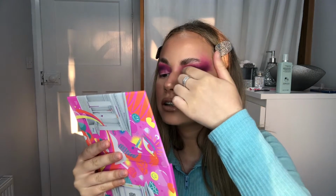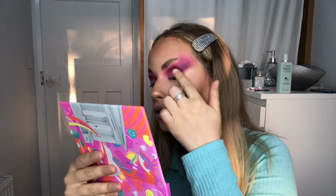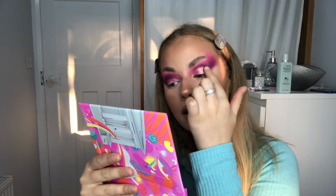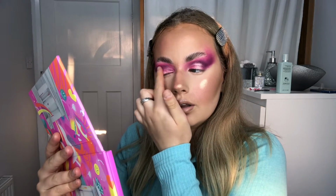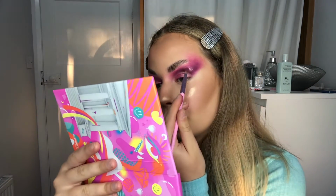It's kind of a little bit iridescent. So as you move, it kind of picks up the light in different places, which obviously it did the same way when I swatched it earlier. But I just feel like it's a really pretty, I really like that. Don't we just think that's beautiful? I literally love that. And also obviously the more you pack on, the more shimmery it's going to be. But the thing is with shimmers, I can kind of bring it all the way, and because it's iridescent it won't necessarily pick up, but then I can also buff back around if I don't want it there, you know. I'm now going to pick up a brush and just see the difference and see how well,